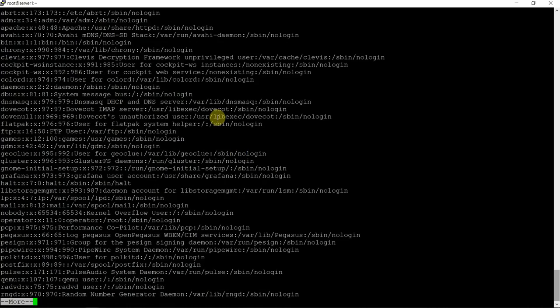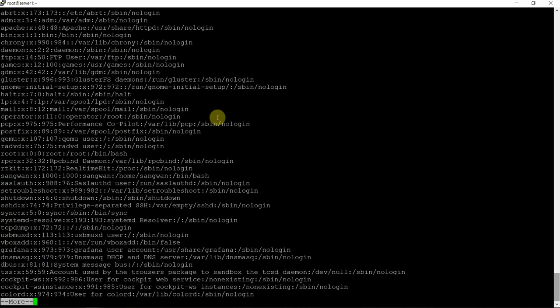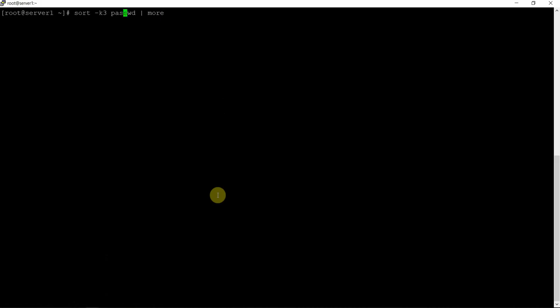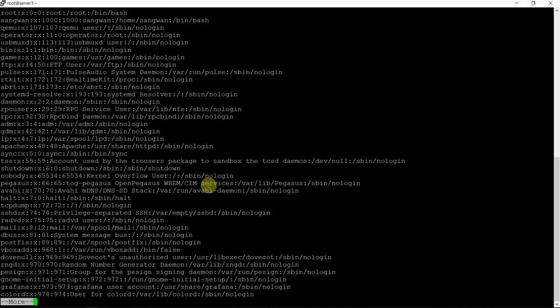What has happened in this case? There's no point using this. The reason is I used numerical sort, but I have not given the field separator. So it is sorting on the character position in the line rather than the field. So I must specify the field separator. Let me specify the field separator -t, and then you see the difference. Now it is sorting on 0, 107, 100, 11, 1, 1, 2.